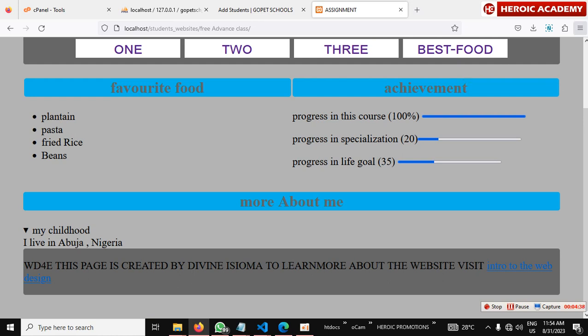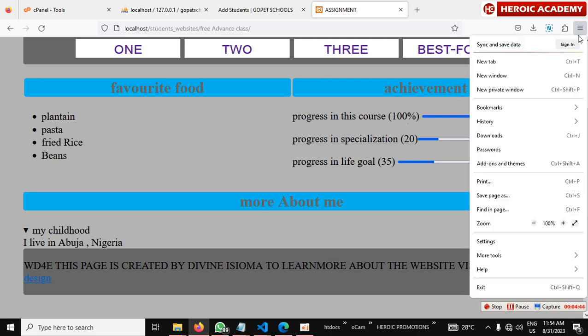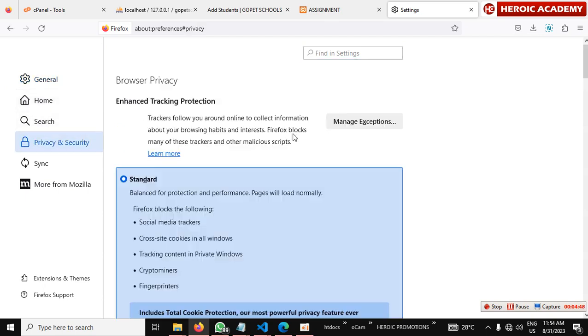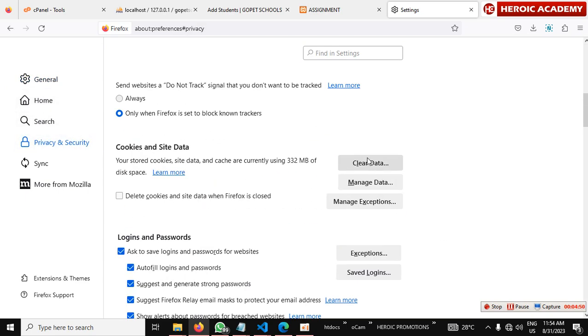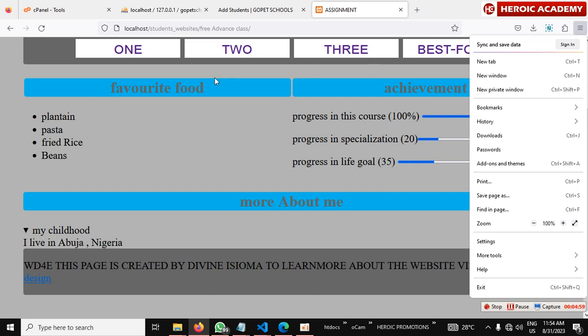Let me clear the cache, because this is still showing since it is registered in the cache. What we just did, this folder we just added, is supposed to break the whole thing. So what I'm doing now is trying to clear the cache. In case you are confused, let me do it again. This is your website. If you want to clear your browser's cache, so that anything stored in it is deleted and fresh content is loaded in your browser,